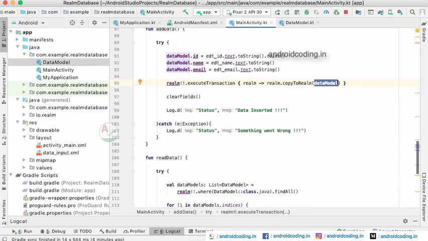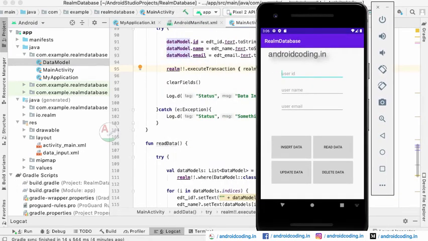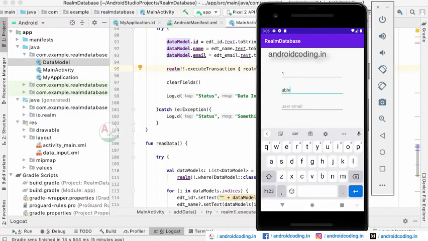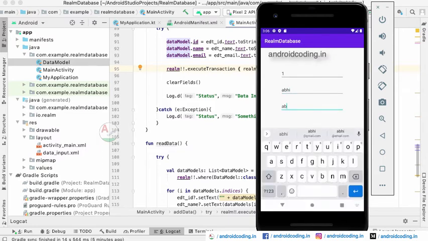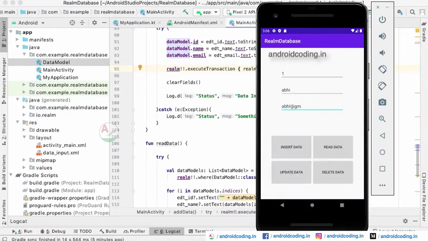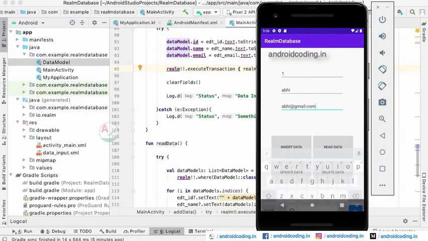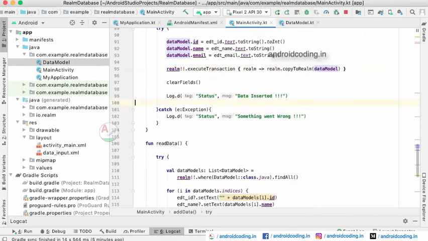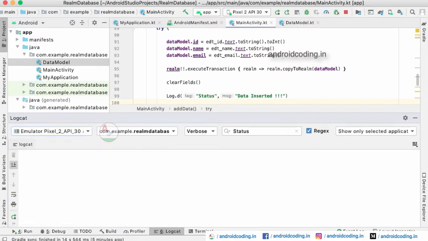Let us see it with a real time example. This is our project. I am trying to insert a user with ID 1 and also an email ID. We have placed some logs here, so for you to identify easily, I have tested them before.